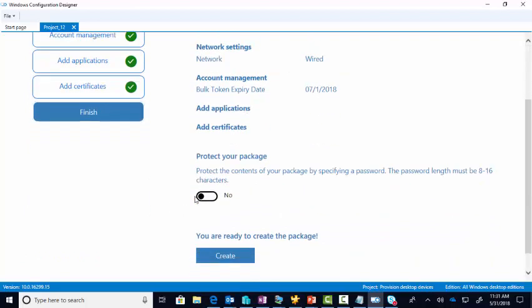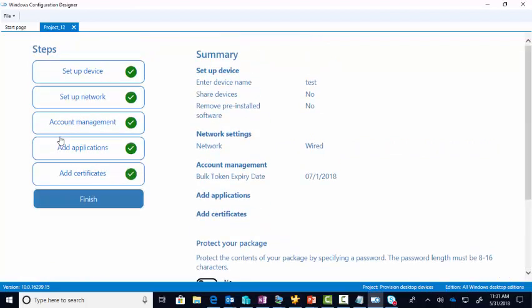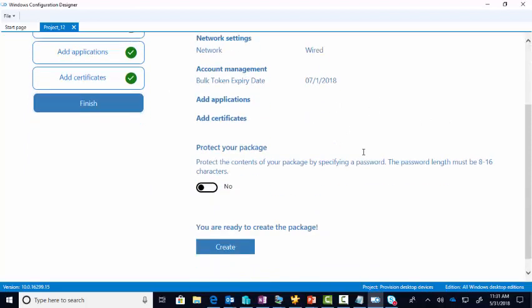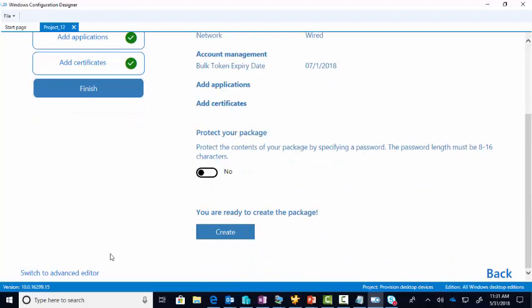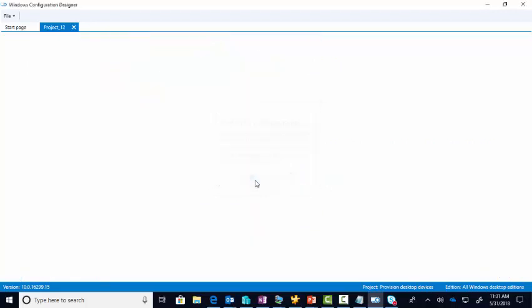Now, I don't also want to create the package, right? Because if I create the package, it's going to take all of these configurations, and that's what the package will consist of. I've already mentioned I don't want the device name to be set to anything because I'm very happy with the device names that I already have. So instead of clicking Create, I'm going to switch to the Advanced Editor. And yes, it's going to warn me I can't come back to the wizard, so I'm going to say fine,